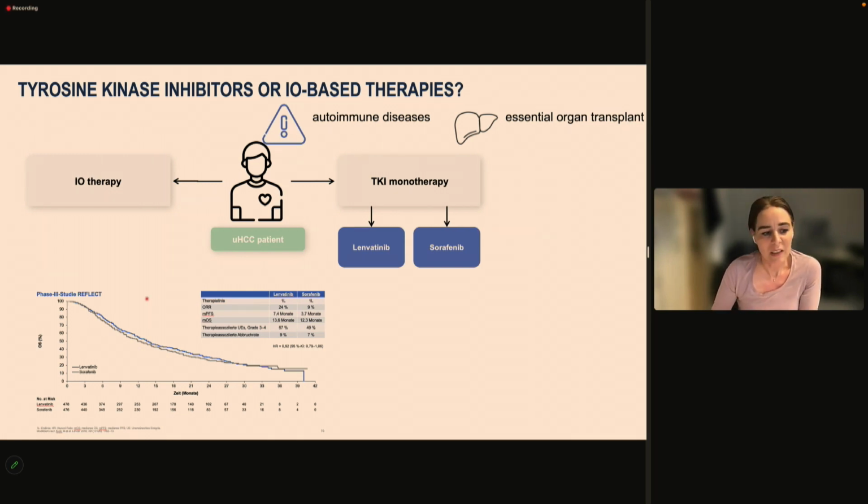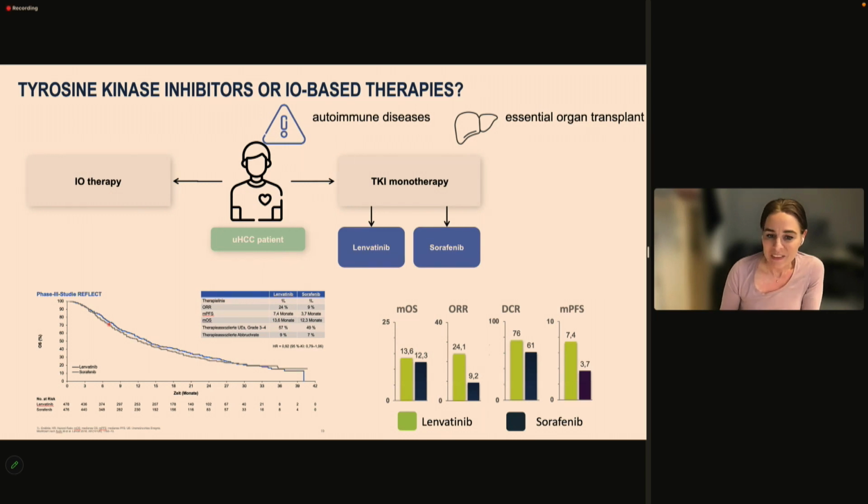And lenvatinib was actually introduced based on this pivotal trial, which was a phase 3 trial, the REFLECT trial, where lenvatinib showed non-inferiority to sorafenib. Despite the non-inferiority design, if you're looking into the clinical efficacy data, and here lenvatinib is colored in green, and the darker is the sorafenib here, you might get the impression that also lenvatinib had a bit better activity in